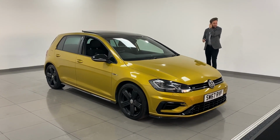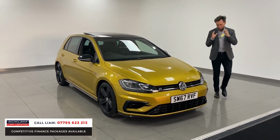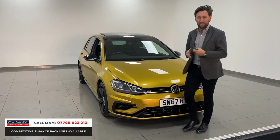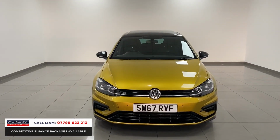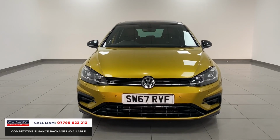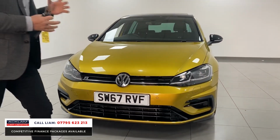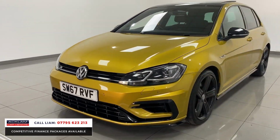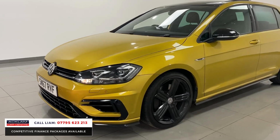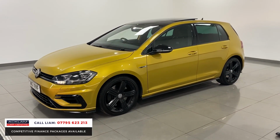Volkswagen Golf R, one of the most desirable hot hatches on the road. But this one's a little bit different. The colour is called Turmeric Yellow, which is a special metallic gold colour which works beautifully on top of the black wheels and black styling. It's then got a panoramic glass sunroof and reversing camera, so it's got key features that people want. It's priced on the money,